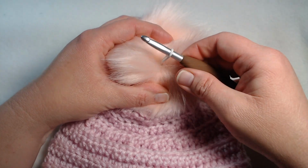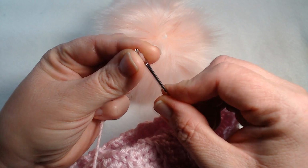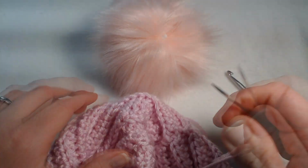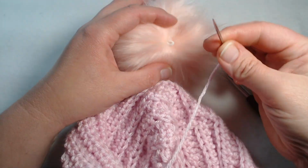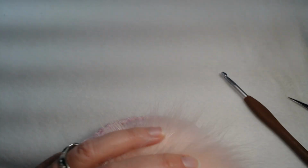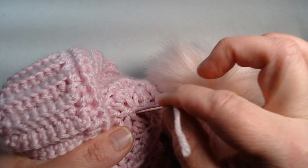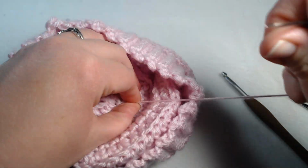Now you have these on the pom-pom. Basically what needs to happen is I need to take and pull the strand back out, because the last ones that I bought had a much longer piece that actually went down inside the hat. So we're going to go ahead and do something a little different this time. Just take your yarn and go up underneath there, pull it all the way down, and then pop your yarn back inside the hat where you brought the needle through. Pull it tight,